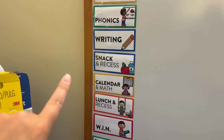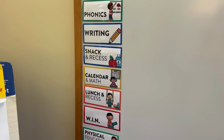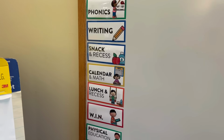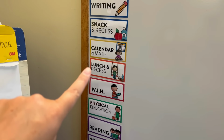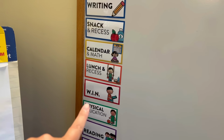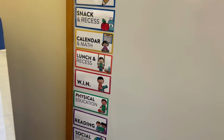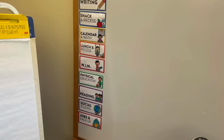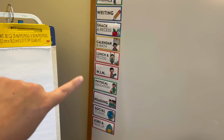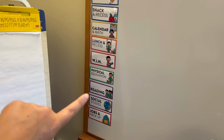When students come in from snack and recess, we will have calendar and math. That was another thing we wanted to move from last year because we just did not have enough math time because it was squished in between our lunch and our specials. So now we actually have our WIN block during that time. And I think that will be better. We only had a 45-minute calendar and math time last year. Now it is 60 minutes, and our WIN block is always 45 minutes anyway, so that should be a lot better. So calendar, math, lunch, recess, WIN, then we have specials into our reading block,